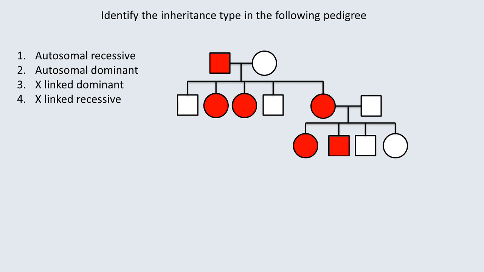Now, as I said, what is the first approach that you have to take, whether there is a skipping of generation or not? Clearly, it indicates that there is no skipping of generation because it appears in the first generation, second generation, and also in the third generation, which means that it is going to be a dominant trait where we are having only 2 options, that is autosomal dominant or X-linked dominant. So now let us check out whether this is going to be an X-linked dominant or autosomal dominant.